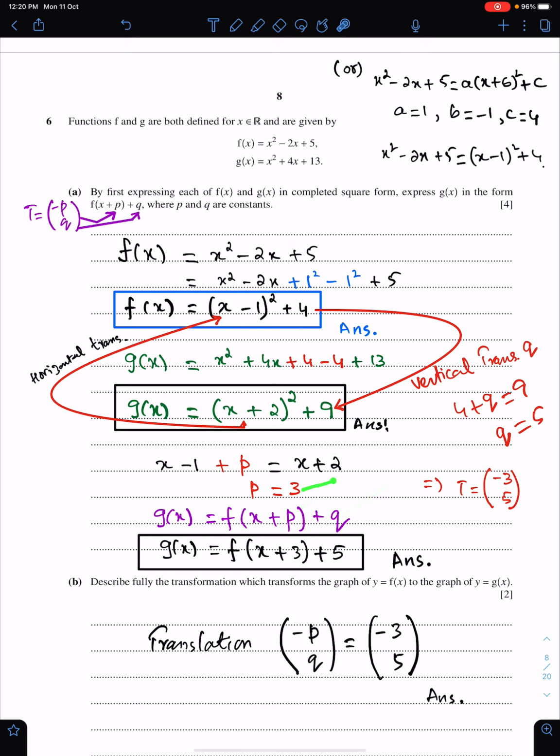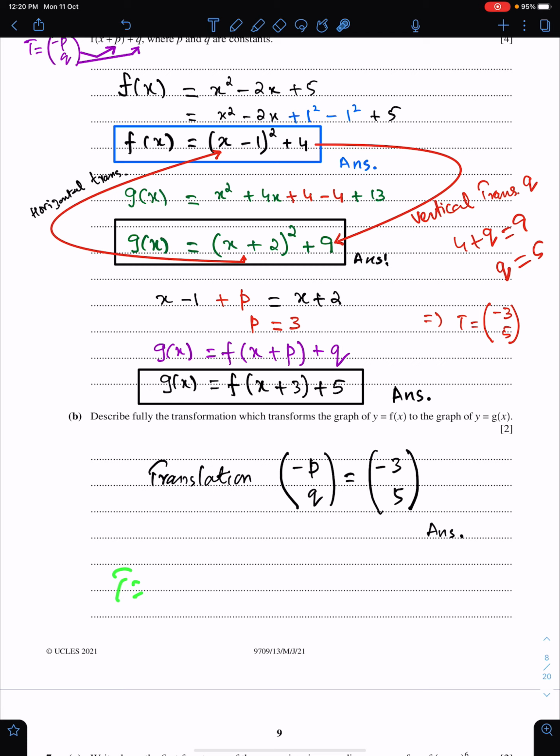So p is 3 means translation vector is minus 3. Because when you add 3 here, you will get x plus 2. And it's the rule: translation vector is with negative sign. You must know this thing,